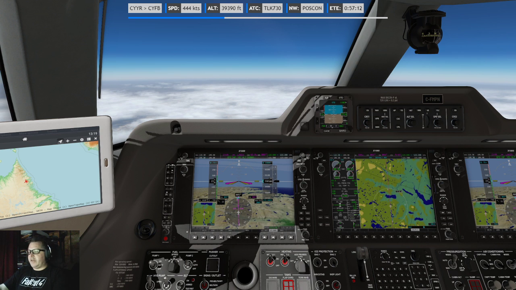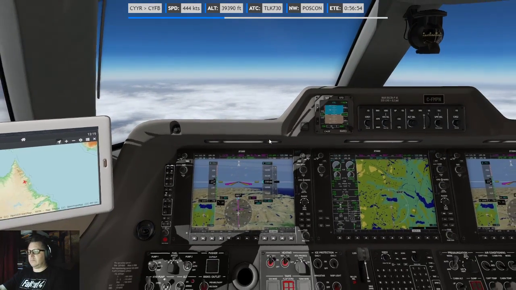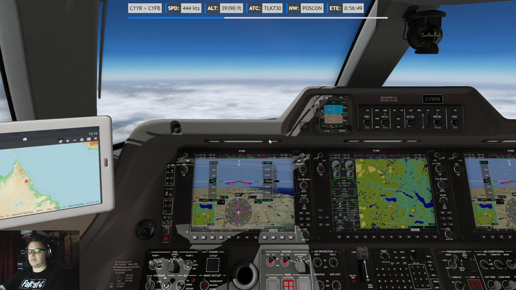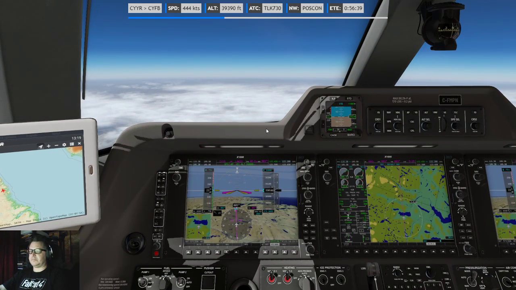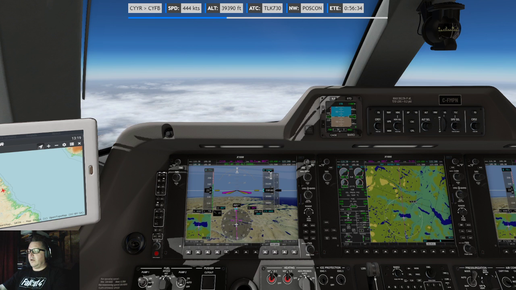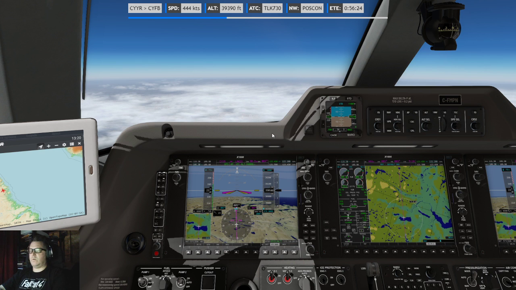Alright, the wind's a bit more tailwind, so we are accelerating a little bit. 444 ground speed. Not at all what I was expecting. I was expecting to go faster, even with the higher altitude. Alright, I'm gonna set this for 3,000 for now.